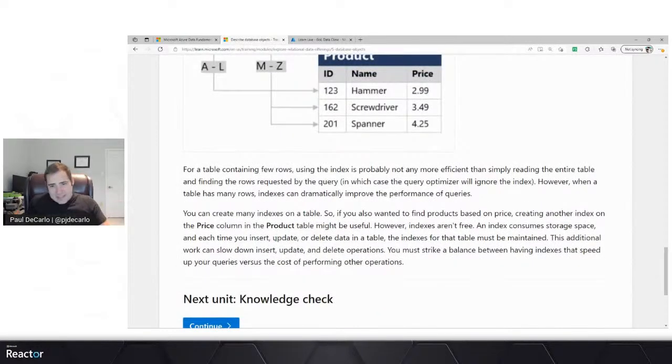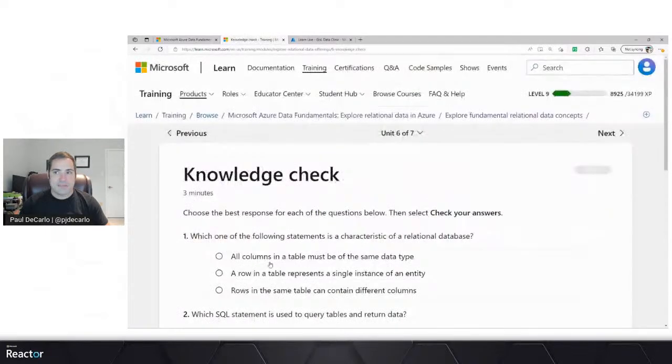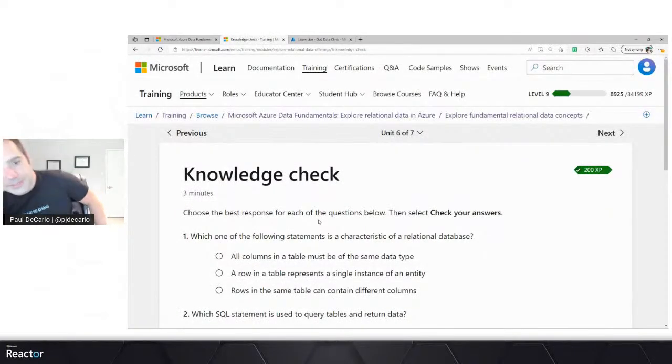It's important to note that indexes aren't free. They do consume storage, and each time the table changes through inserts, updates, or deletes, that index needs to be remaintained, which can slow down certain operations. But if you strike a balance between having indexes, you can speed up your queries in ways that will be significant. Of course, if you have small tables with not a lot of data, perhaps it is arbitrary to scan through every row. But as that data grows large, and we're talking cloud scale, those indexes are certainly going to help save the day in making your life more optimized.